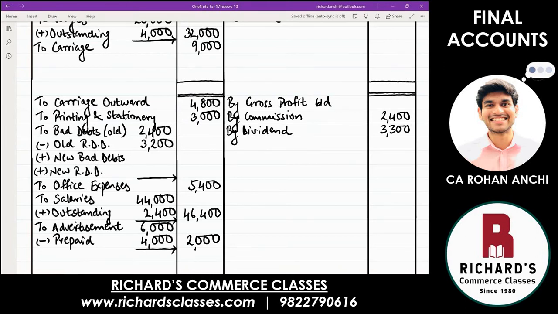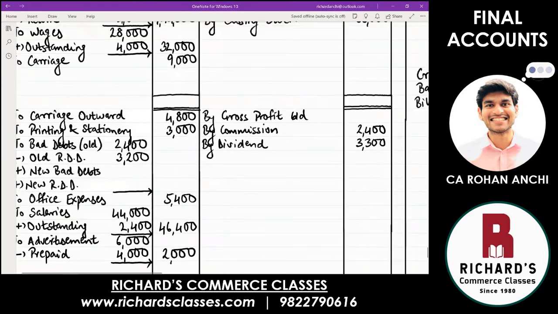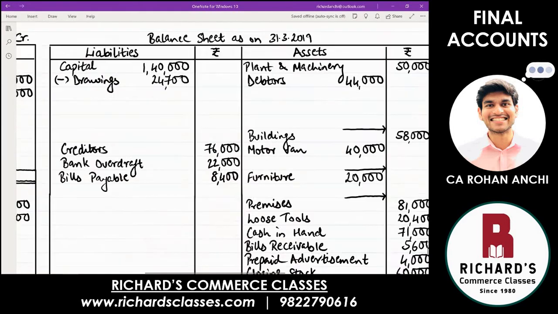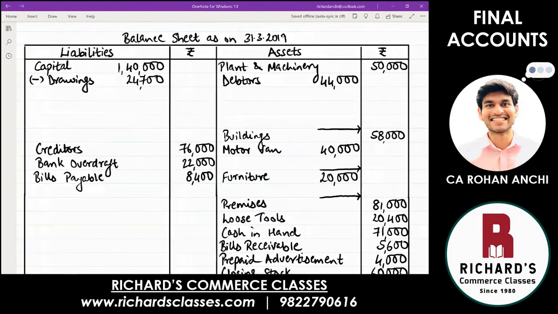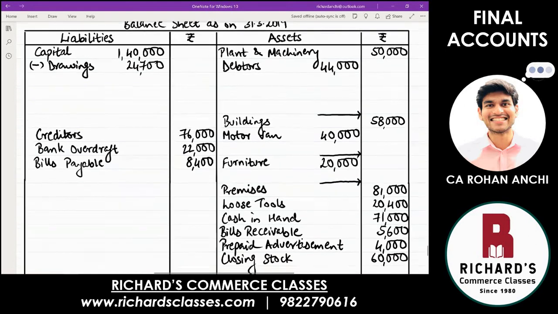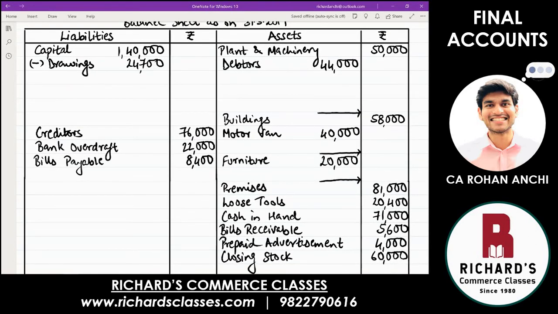Okay. Now remember, only one effect is over. You have written on the debit side, added on the debit side. You also need a credit effect. Where do we write the second effect of outstanding expense? Liability. Liability side, two reasons. One is liability side is the credit side. So of course, we are going to be writing here. Secondly, it is opposite of prepaid expense. How you had written prepaid advertisement on the asset, outstanding is exactly opposite of prepaid. It will be on the liability.